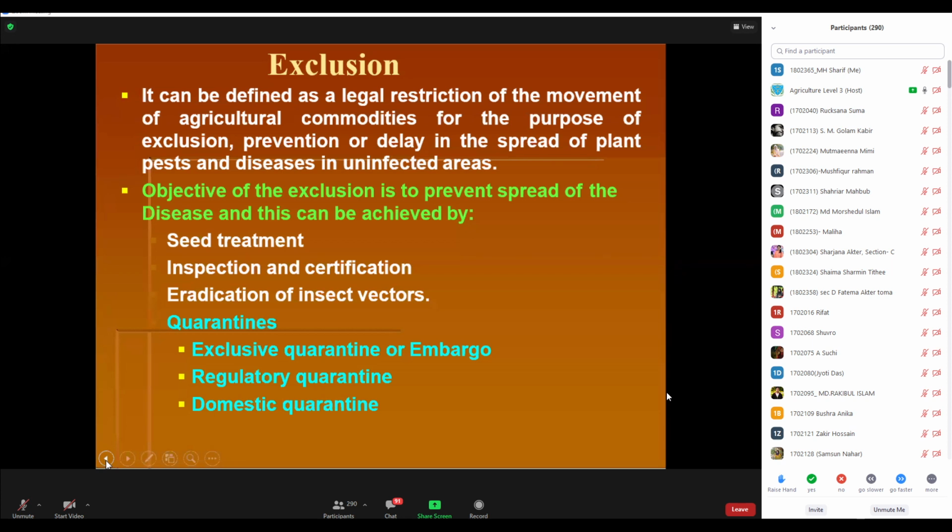It means the movement of seed from the disease to the